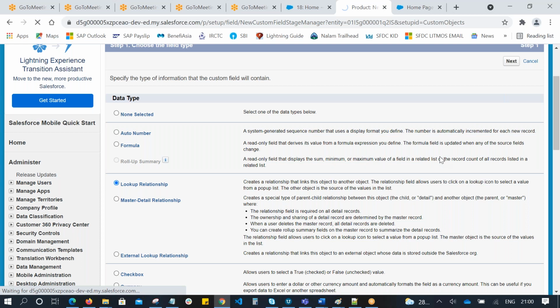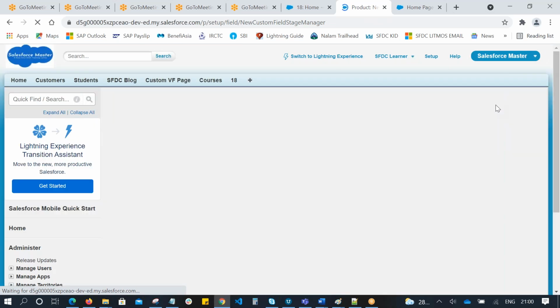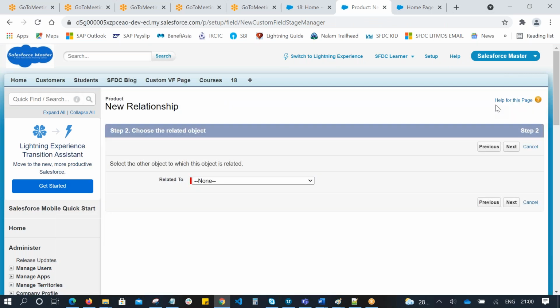Let's go to the default settings. Select product object.